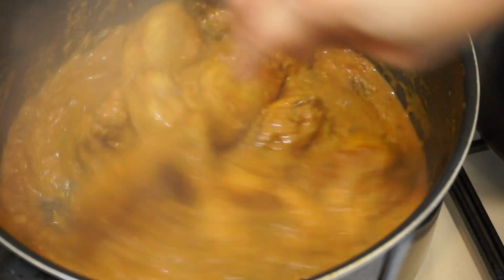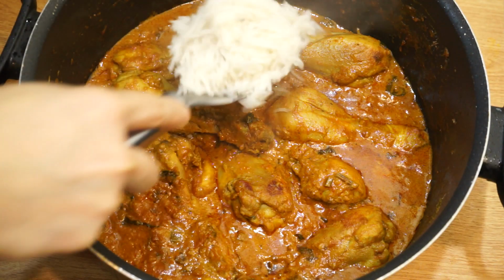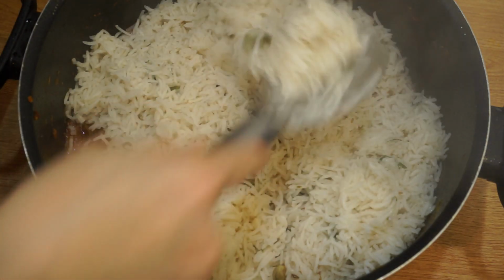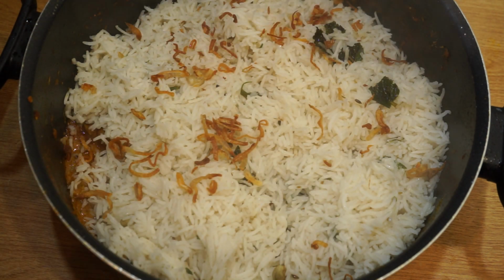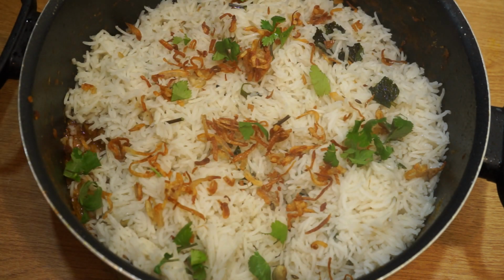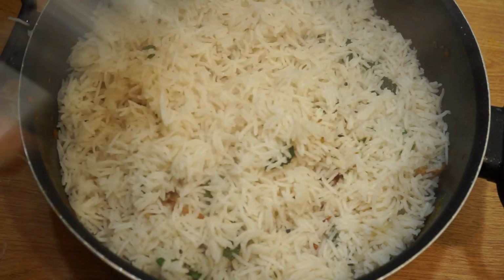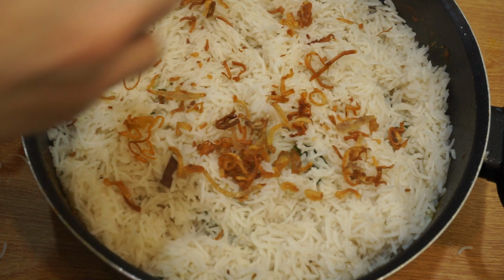The sauce of chicken has reduced. Cut the fire. Cover the chicken with half the rice. Some fried shallots. A little cilantro. And a little mint. And put on the other half of the rice. And again, the fried shallots, a little cilantro,